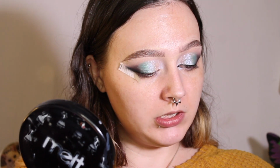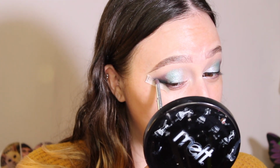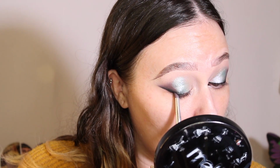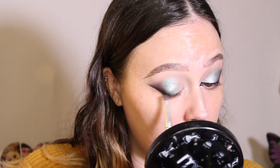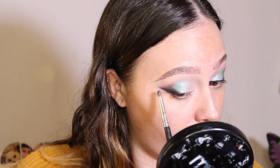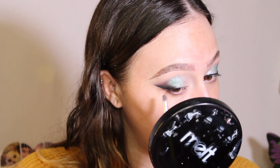So now I'm going to take a little bit of Darkness on the Anastasia Beverly Hills A14 brush. And this tape is about over me. Actually, I'm going to remove it because I'm tired of it too. So I'm just going to focus a little bit of darkness towards that lash line, almost from the tail of the liner. I'm going to start and drag it down and tap it onto that shimmer so that's nice